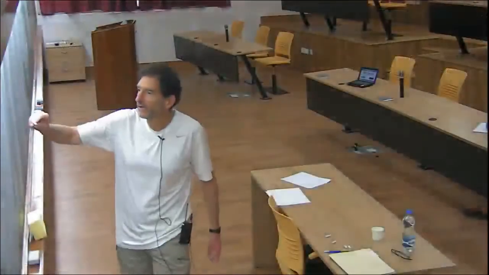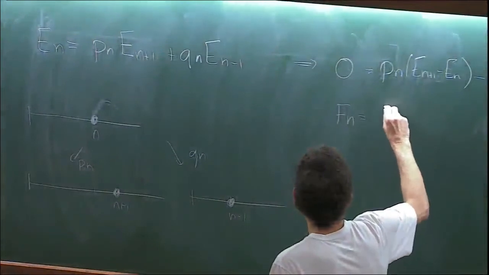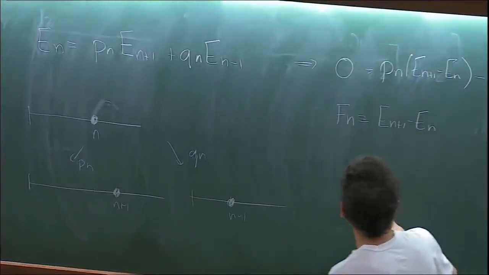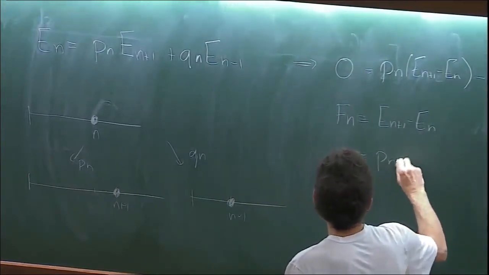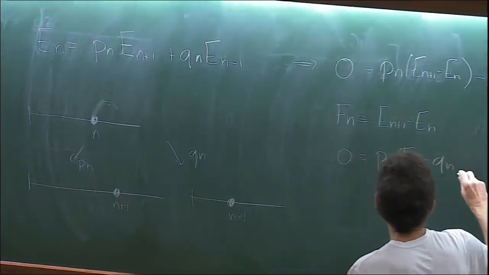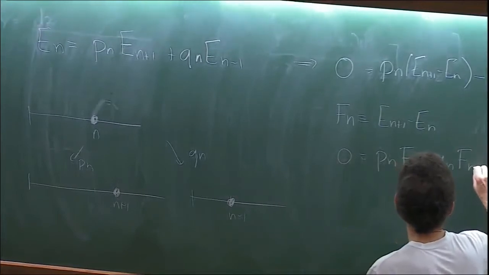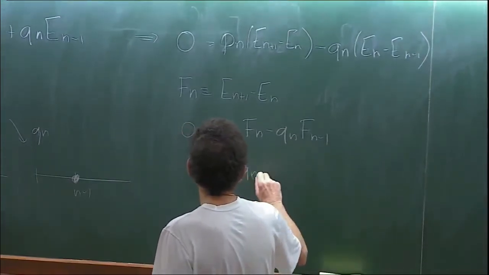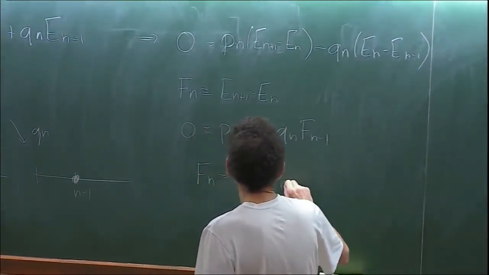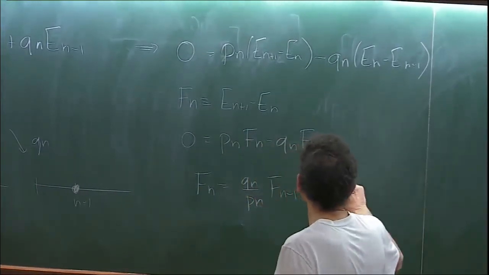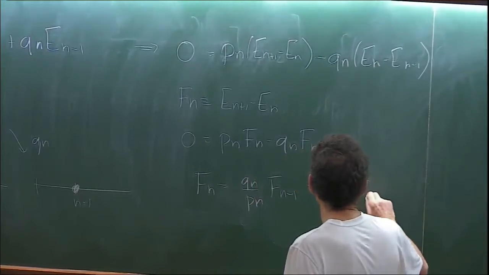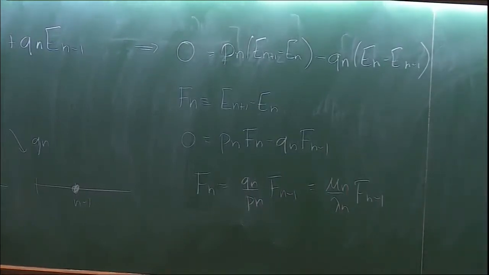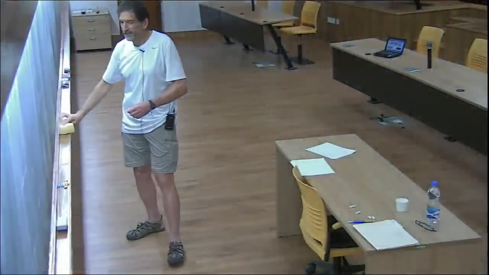And so now let me call F_n, let's call it E_{n+1} minus E_n. So this is just a definition. And so finally we have that 0 is equal to P_n F_n minus Q_n F_{n-1}. Or finally, F_n is equal to Q_n over P_n times F_{n-1}. And I can write this as mu_n over lambda_n times F_{n-1}. Now this looks simple to solve. Even I can solve this recursion formula. So F_n